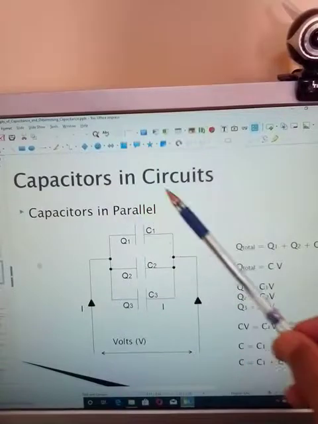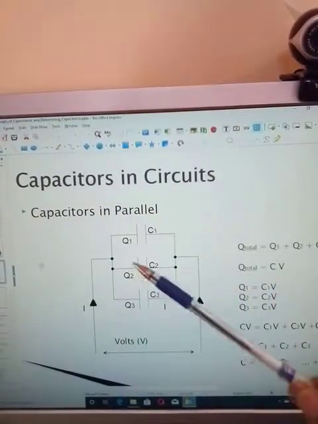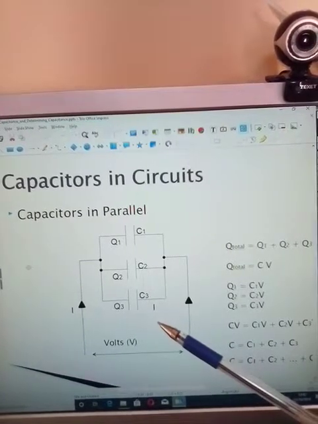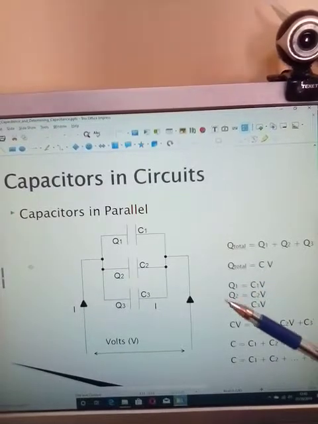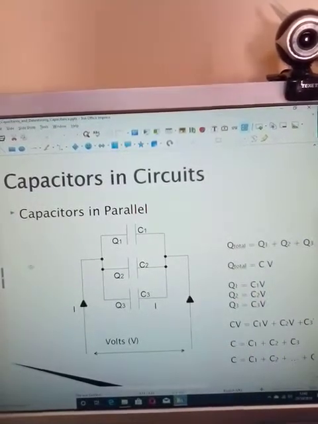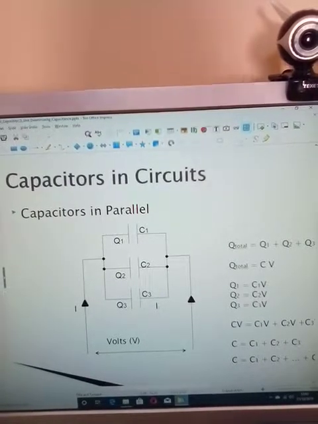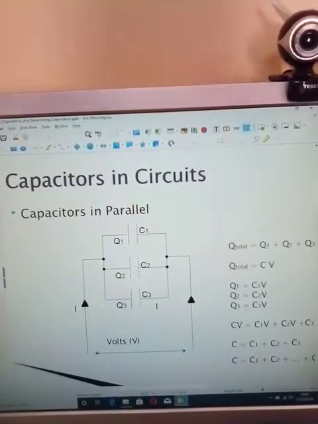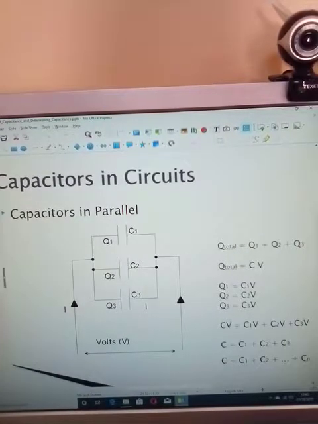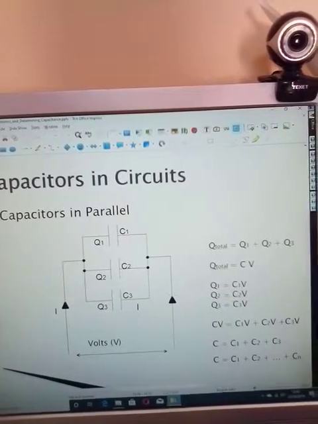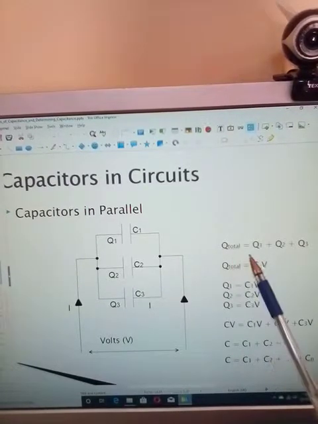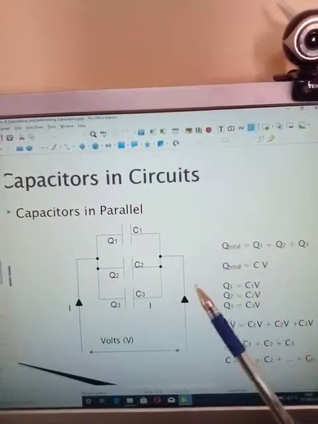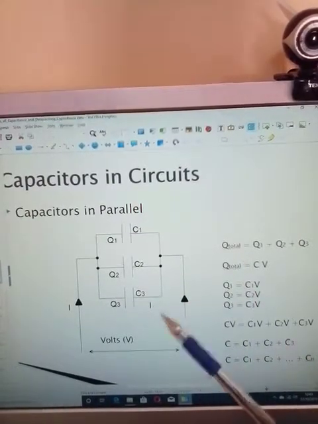So, capacitors in circuits, capacitors in parallel. Now, if we have capacitors in parallel, what we tend to do is to add the total capacitance. Okay, sorry, I've just shifted it over a little bit so we can get it full in. Okay. So it's Q total equals Q1 plus Q2 plus Q3. That's charge of the capacitors, remember, as we said earlier. But in parallel,